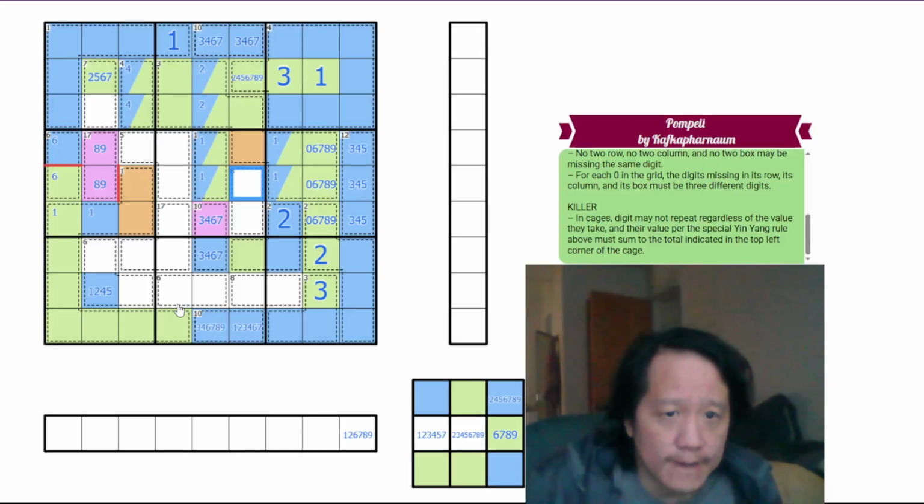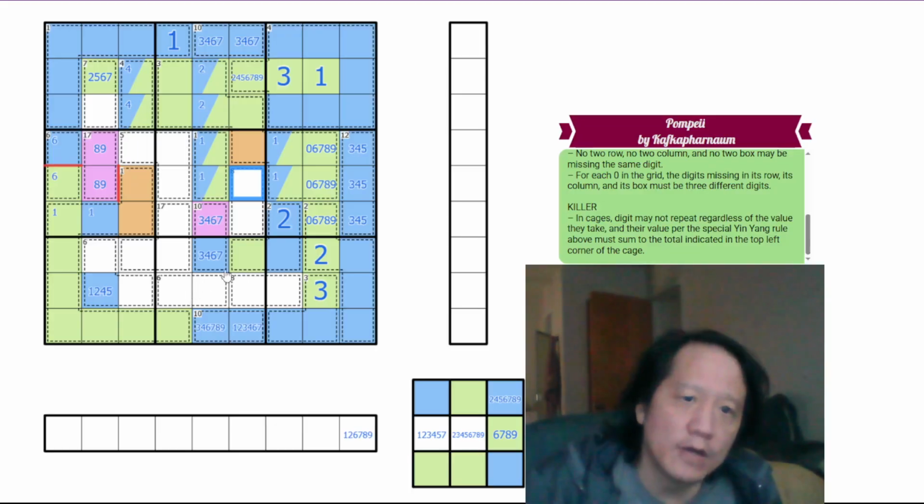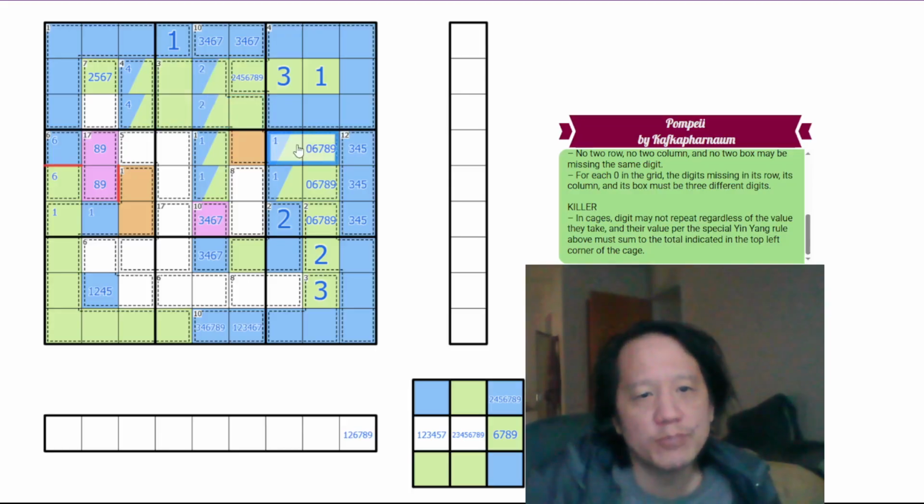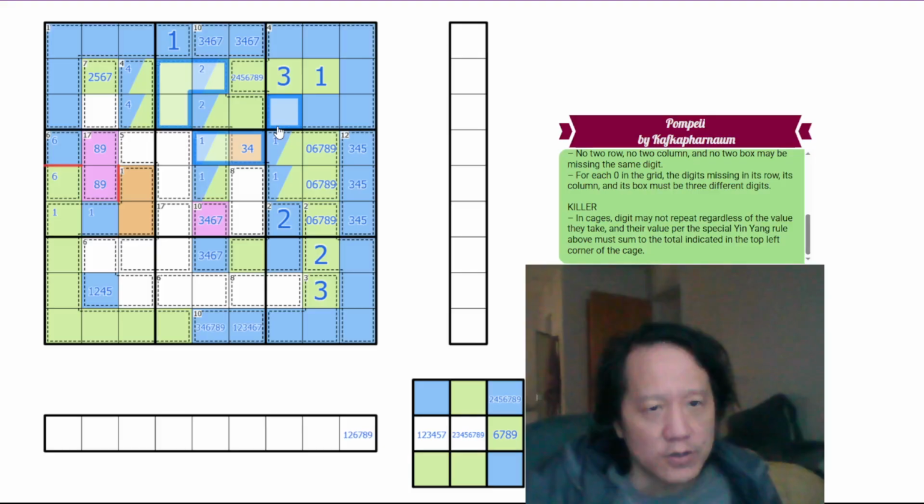Okay. Oh. This is a 3, 4. One of these digits is 3 or 4. That means one of these cannot contain 3 or 4. Well, it can't be 3, 4 here, so this must be a 3 or 4 here. Which means the other 3, 4 has to be here. This is 3 or 4. This cannot be then